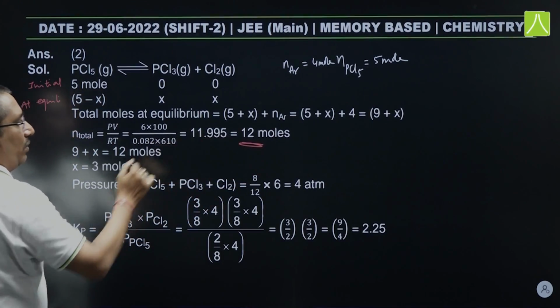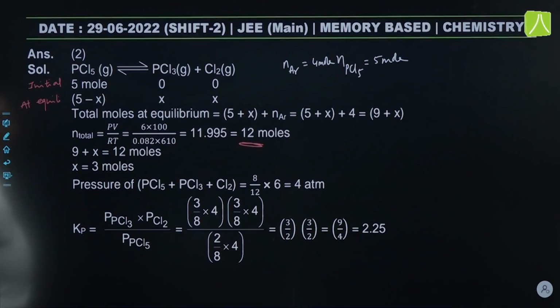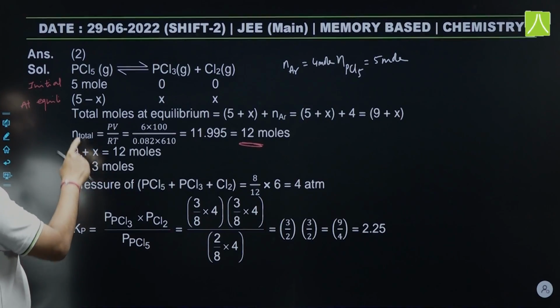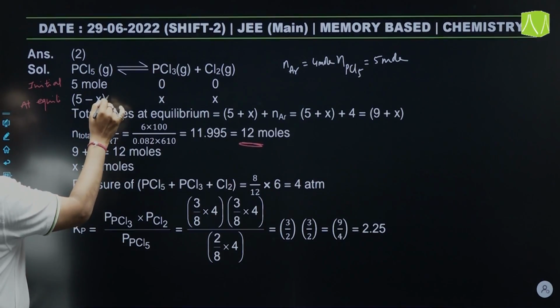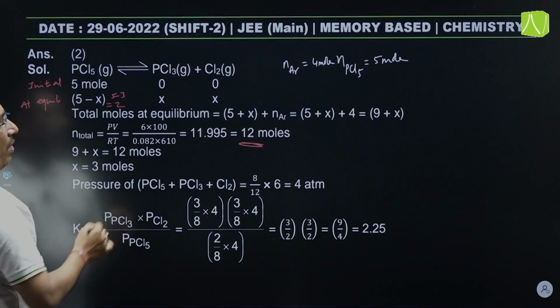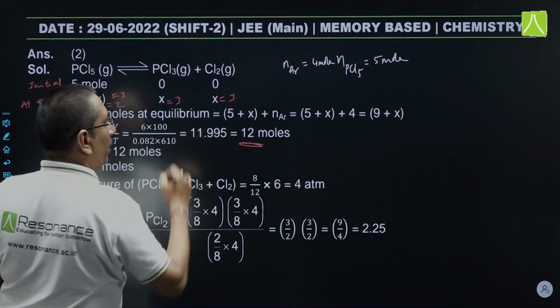So, these 12 moles किसके बराबर होगा, 9 प्लस x के बराबर हो जाएगी, और इनसे x आएगा 3 मोल्स। अब ये 3 मोल्स यहाँ पुट करेंगे तो 5 माइनस 3 कितना हो जाएगी, 2 मोल होगा, और x मीन्स ये भी 3 मोल है और ये भी 3 मोल है।